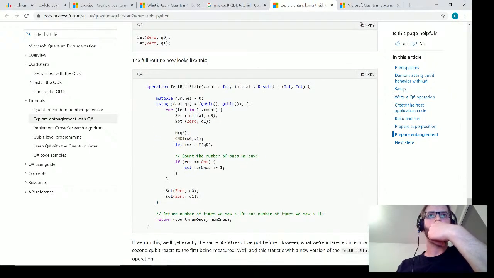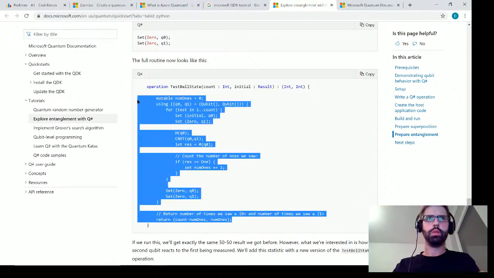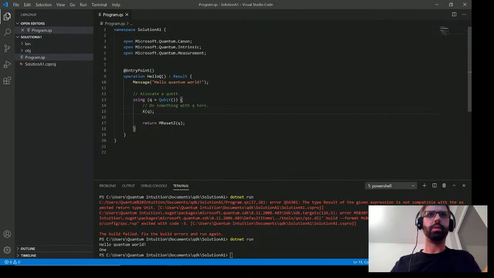Yeah, like here, for test in account. Okay. I guess so. So you're counting. Oh, that's a good piece of code. So I'm just gonna copy paste that. So this is